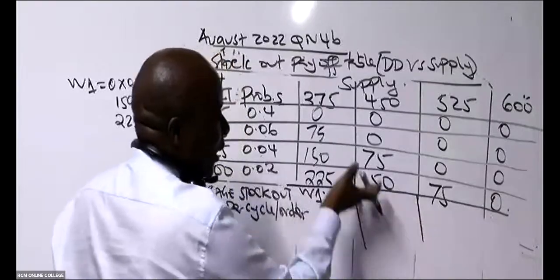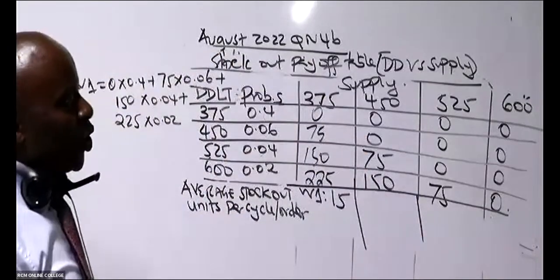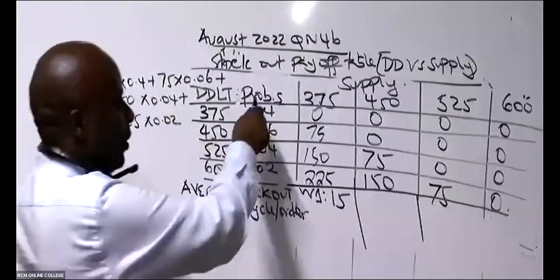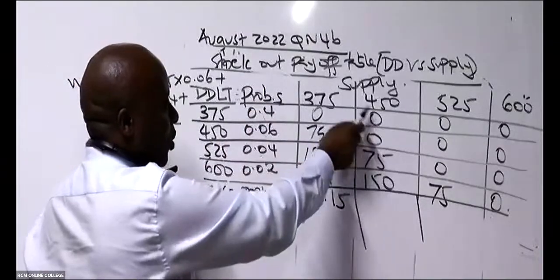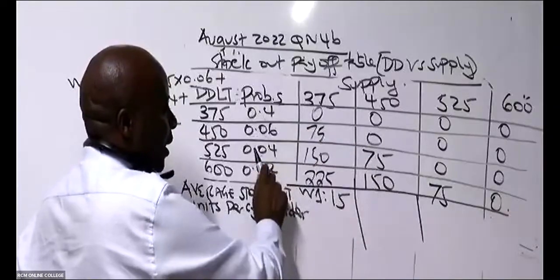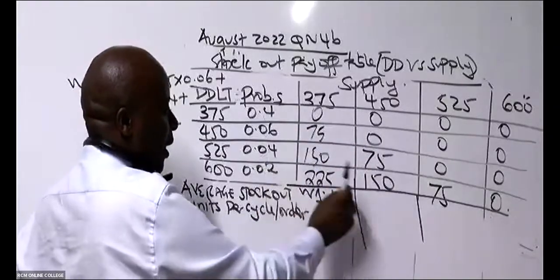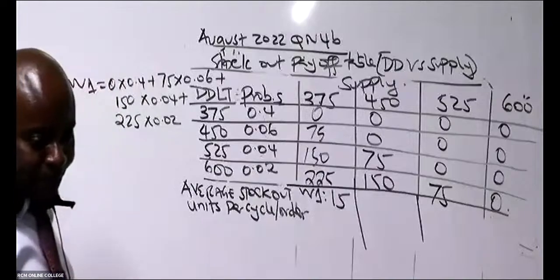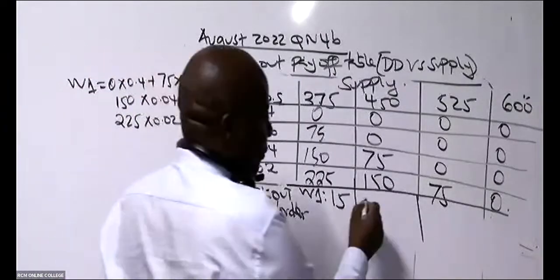So then having done this working one, are you guys able to do these others without doing any working? For 450, the probabilities are the same. So we'll take 0 times this, plus this times this, plus this times this, plus this times this. Then give me an answer there. 1.5. Dominic tells me 1.5.